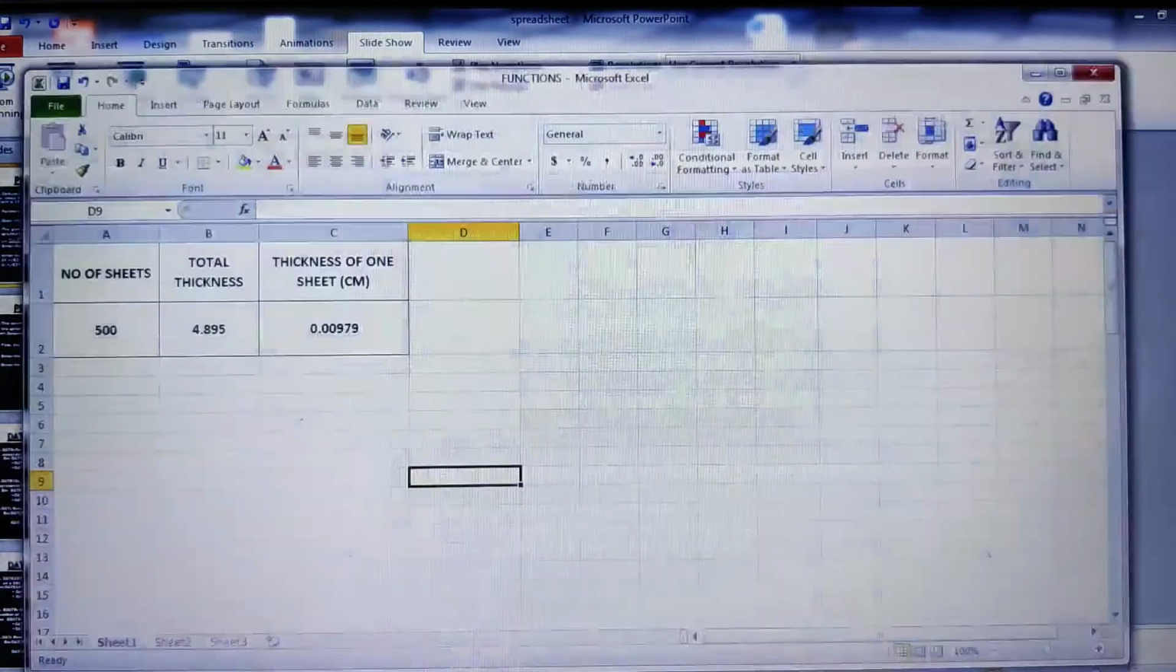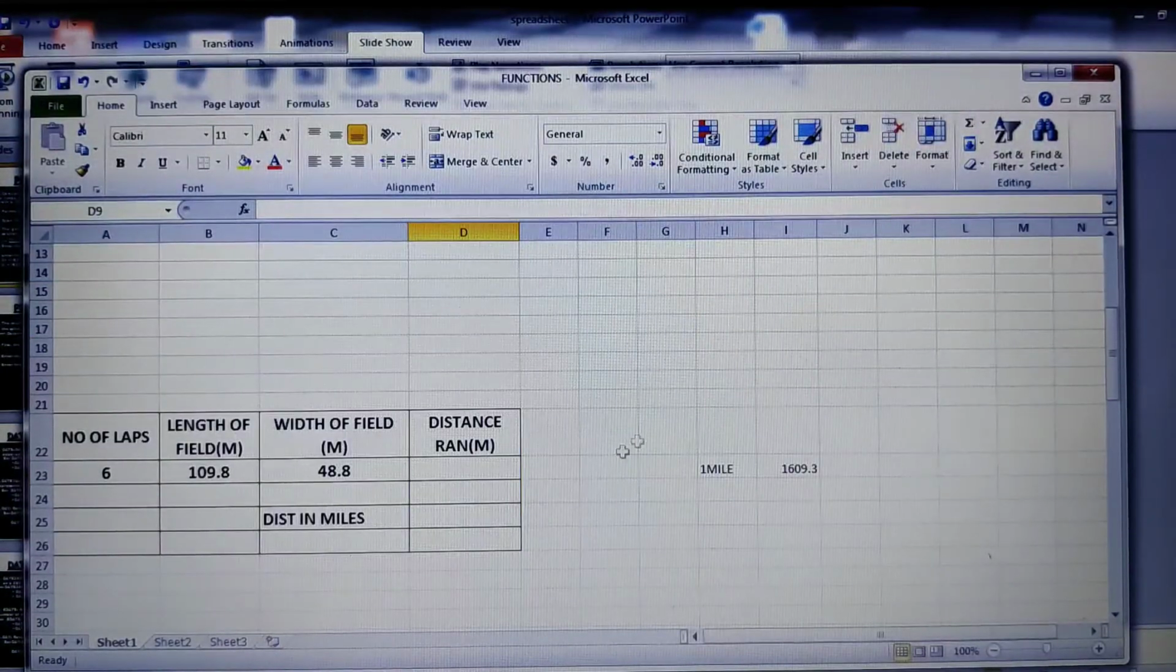in the Excel sheet. Here I have already designed the table for you, wherein the number of laps I have taken as 6, the length of the field I've taken, and the width of the field I have also written. So how to write the formula here? The formula should be the number of laps into the perimeter of the field. The perimeter of the field is 2 into length plus 2 into width. Now where I want that formula to be,